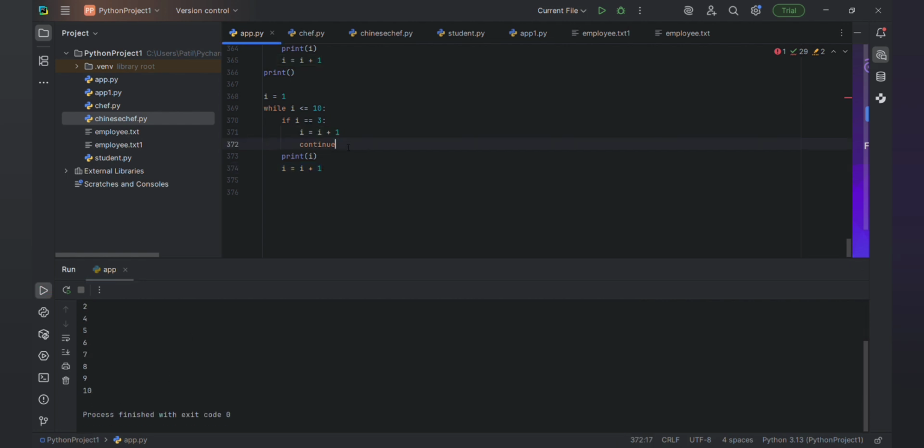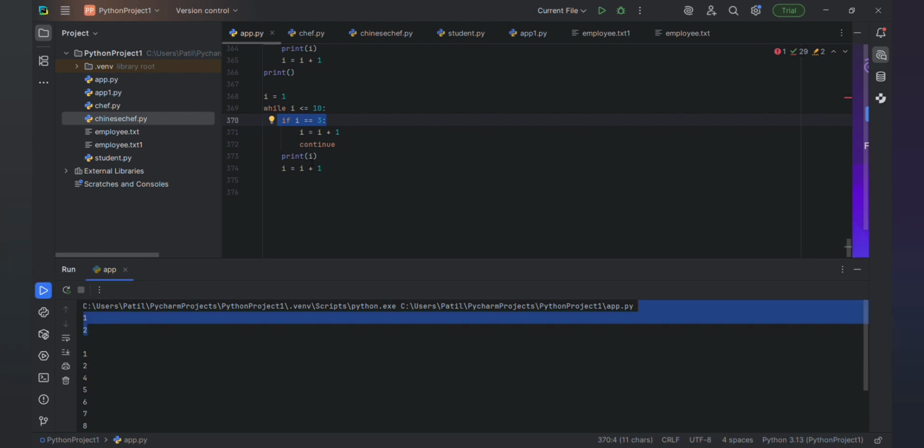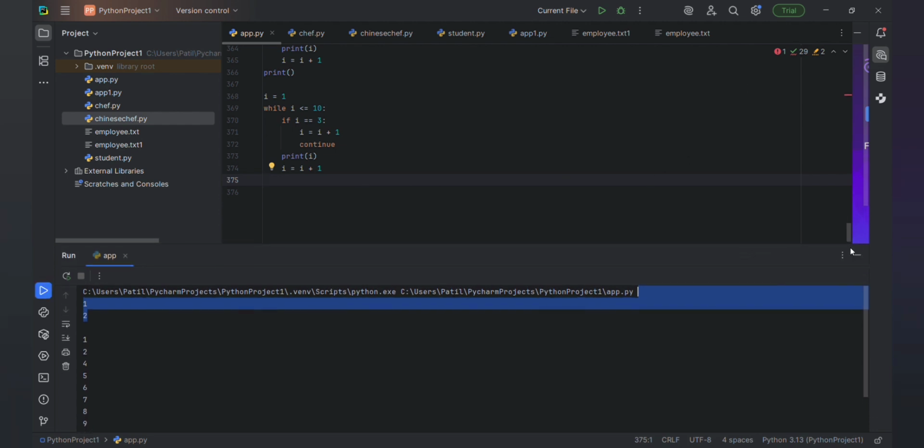Here it will continue if it hits 3, but in the break example it will come out of the loop if it hits 3. These are the 2, and another one is pass, which is just to pass the statement, nothing is there. If this is equal to this, then pass, and it will go to the next code or next for loop statement. These are break, continue and pass.